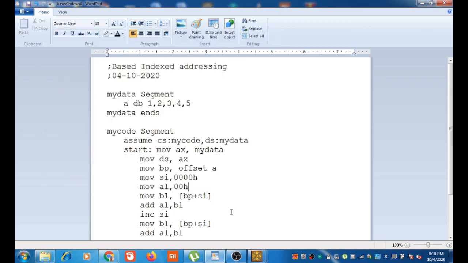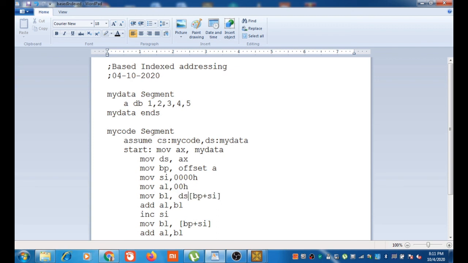What is the mistake? See, this BP register is used here. By default, BP register works with stack segment, with SS register, the stack segment register. We have to override that. In our case, BP register should work with our data segment.